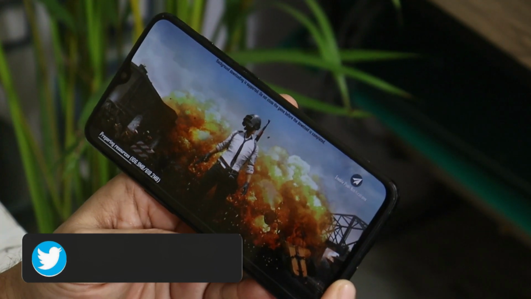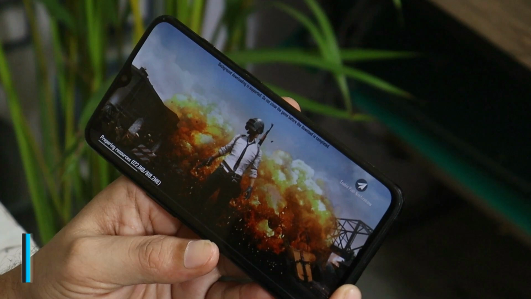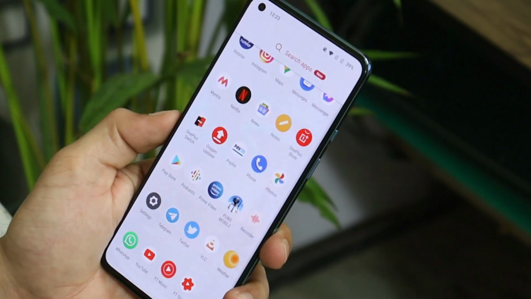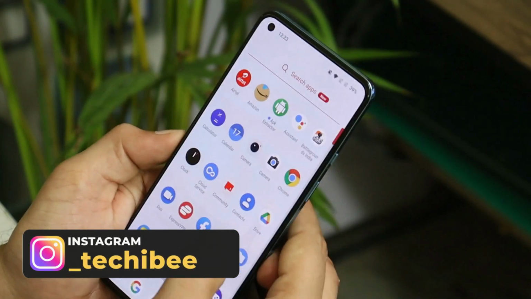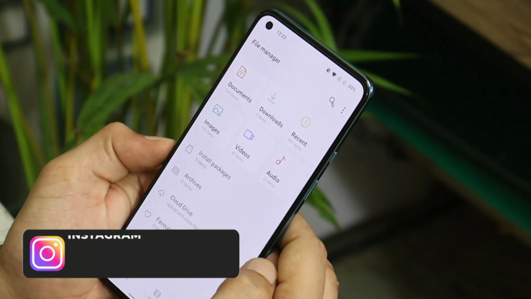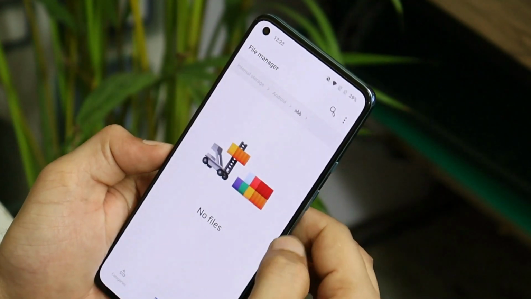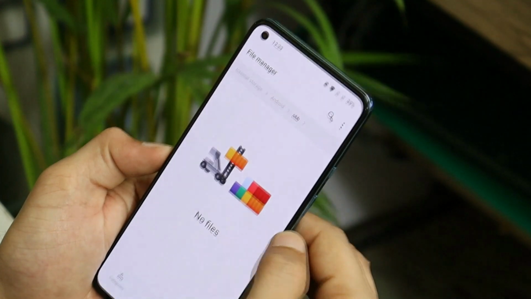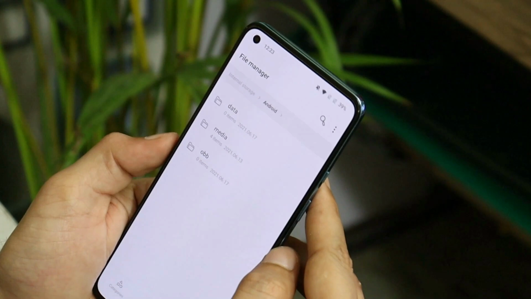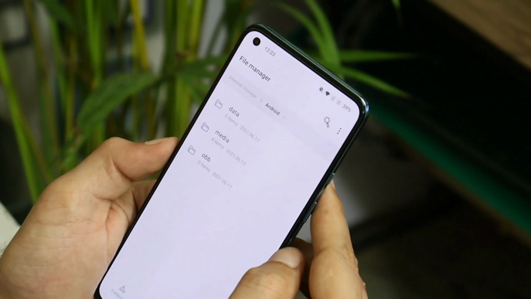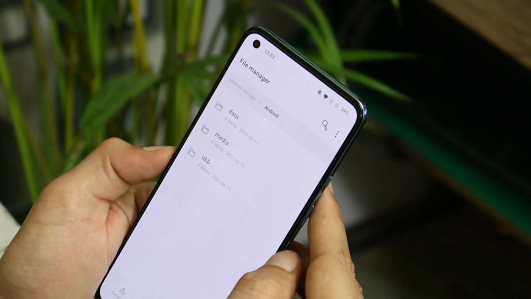So now let's keep this device aside and let me show you how you can make this game work on devices running Android 11. Here I have my OnePlus 9 which is running Android 11. On this device I have already installed the game. But if you go to File Manager, if you have a device running Oxygen OS, there are difficulties: you won't be able to see any file inside the OBB folder through File Manager. So in this case you can connect your device to a PC and then create a folder, because using the stock file manager you won't be able to access the OBB folder.